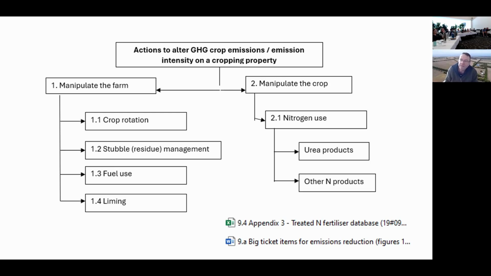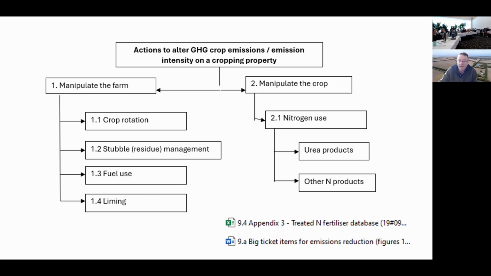If you can vaguely remember, I had 100 hectares of pulse in there in that 1,000 hectare farm. If I doubled the area of pulse to 200 hectares, reduced the area of barley and canola by 50 hectares each, and assumed that 200 kilos of urea on the 100 hectares of the next crop that was grown comes from the pulse in the early part of the rotation, so it's a substitution effect of some nitrogen in there, you get a 7% reduction in overall greenhouse gas emissions.